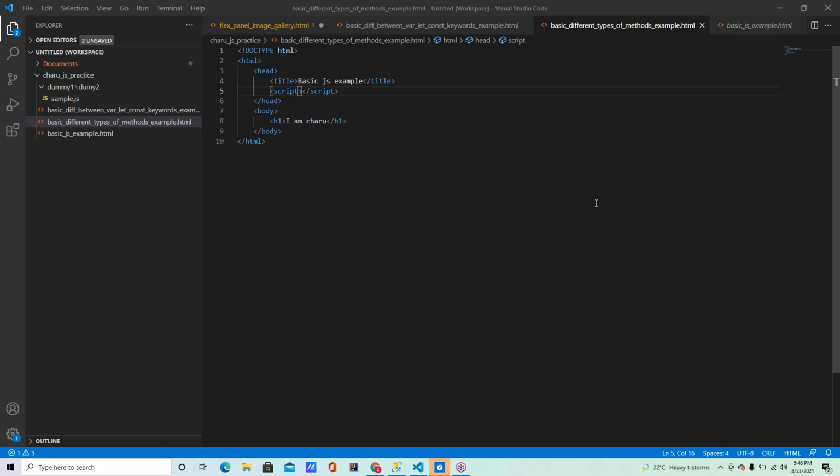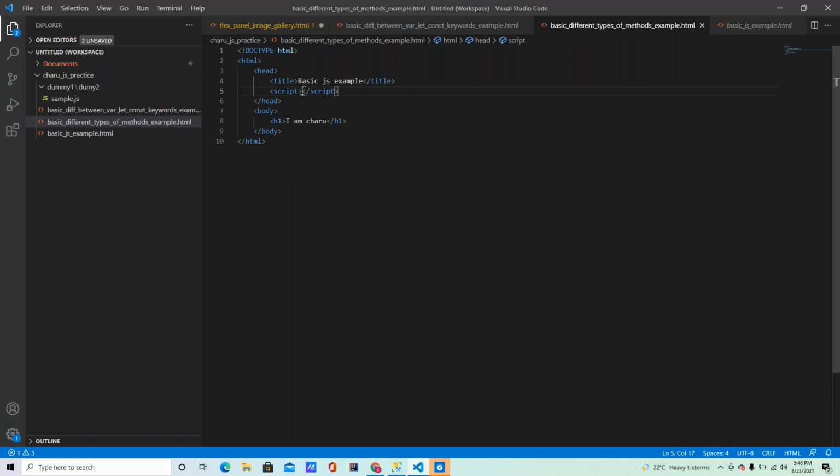If you want to execute JavaScript code, or CSS code, it is possible only through HTML. That's why we execute JavaScript, CSS, and HTML code through .html files only. In order to write JavaScript, we need to use the script tag.